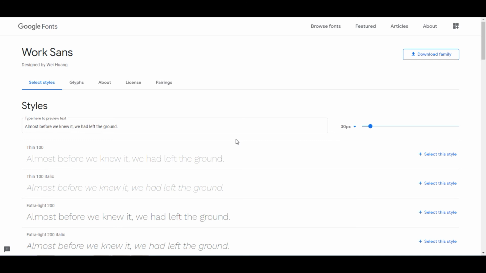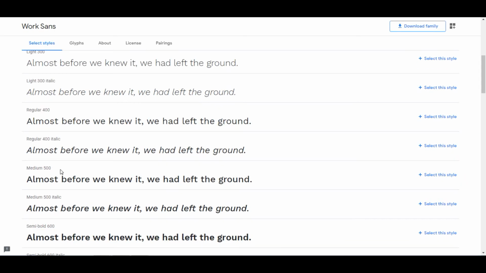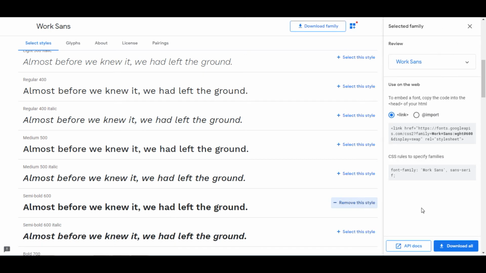I'm using 400, 500, and semi-bold 600. So select this. Are you using it in embedded format?